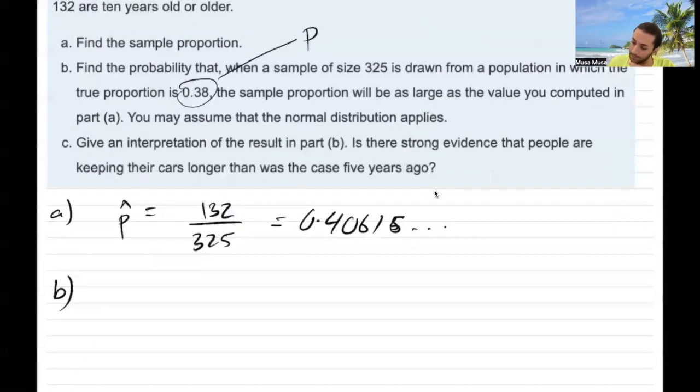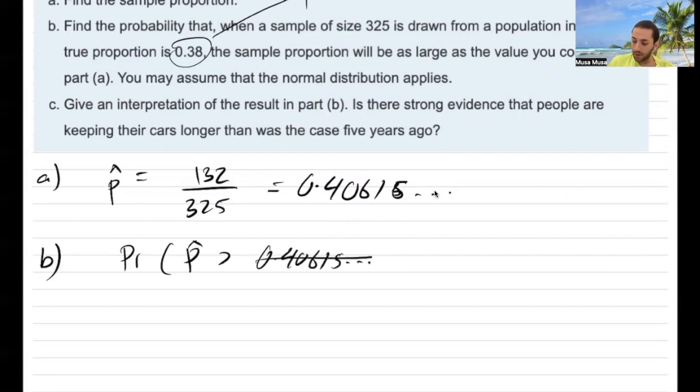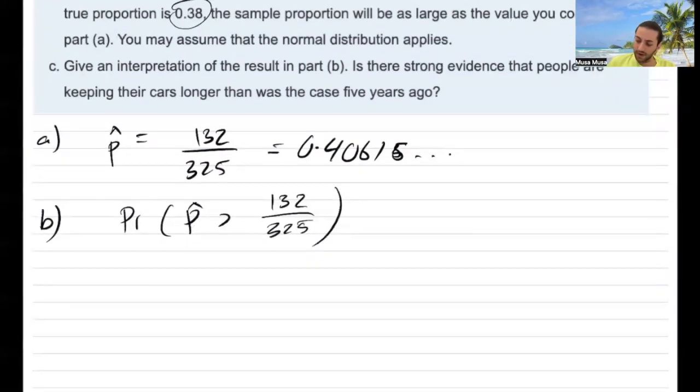Okay. So let's find the probability that p hat is greater than 0.40615, or rather the 132 over 325. So for this, we need z-scores and we need to find the mean and all of